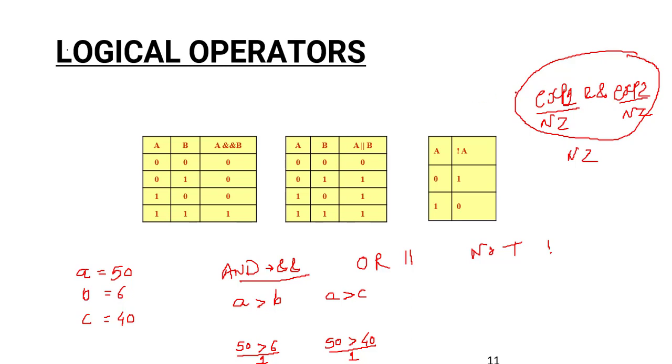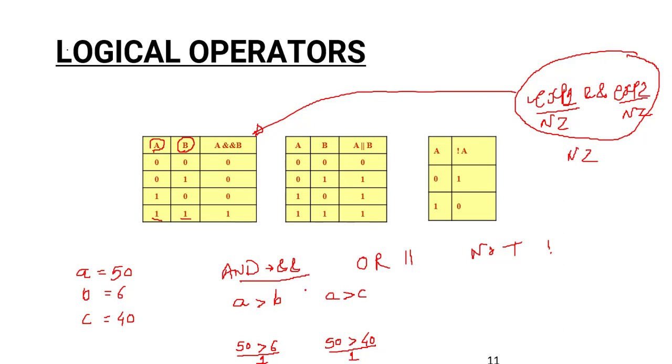And this is explained by the truth table of the logical AND operator that you already know. For example, A is, let's say, an answer for expression 1, and B is an answer for expression 2. So expression 1 is 0, expression 2 is, let's say, 0. The answer is obviously going to be 0. Expression 1 is 0, expression 2 is 1, the answer is going to be 0. This is 1, this is 0, answer is going to be 0. This is non-zero only when expression 1 is non-zero and expression 2 is non-zero, which is indicated over here. This is the only case where the entire outcome of this combined expression is going to be non-zero. So if both are 1 and 1, then and only then the answer is 1.